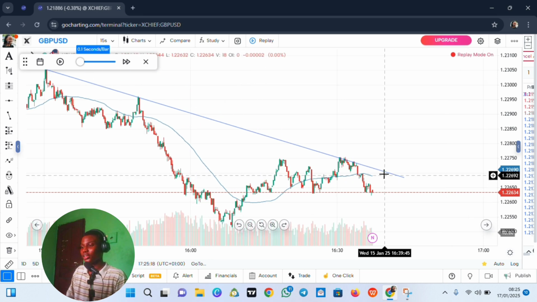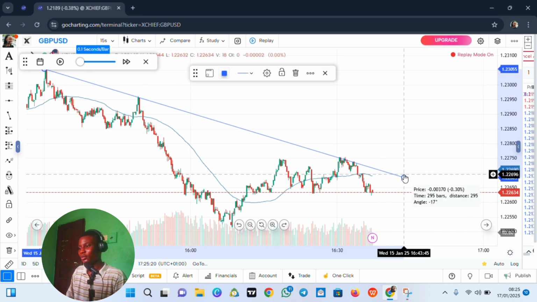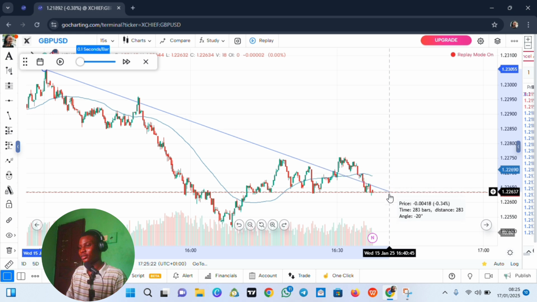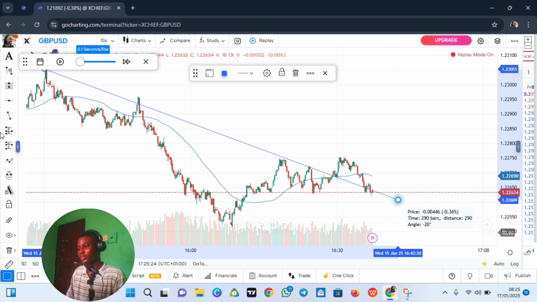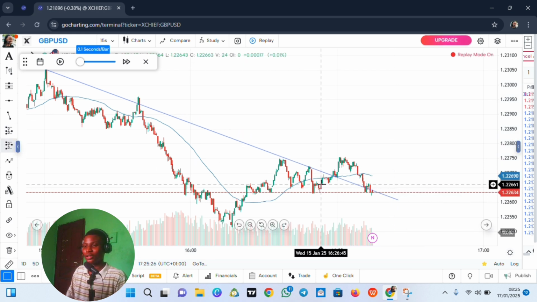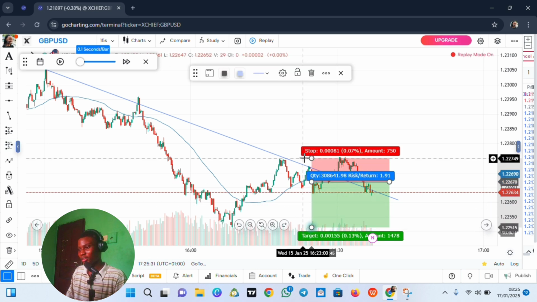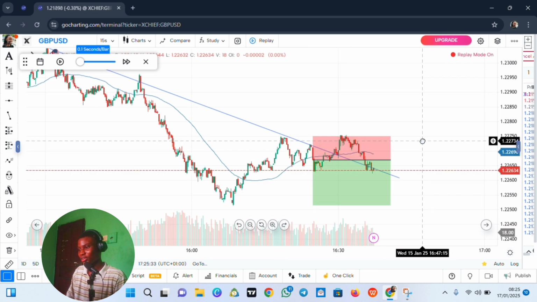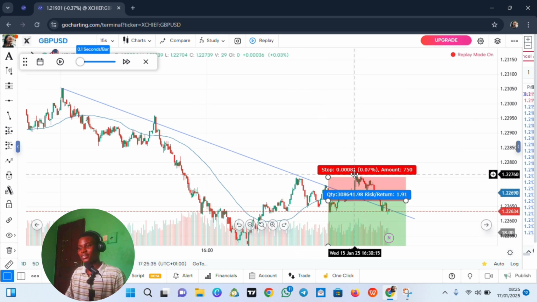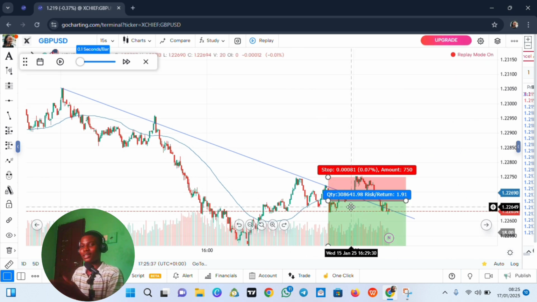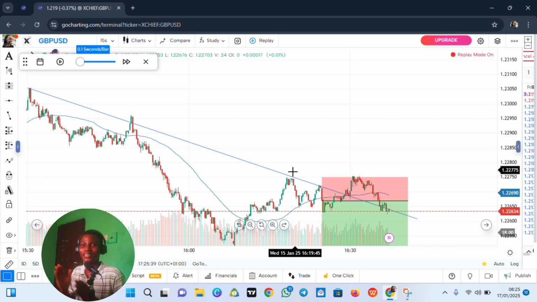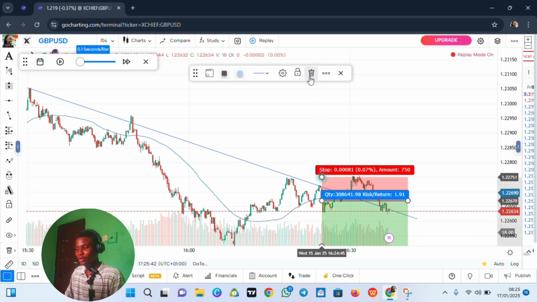Now, a lot of traders at some point would have modified their trend line and moved it somewhere towards here, and probably would have gone short at this point, probably after this big bearish candlestick, stop loss here, target whatever they are targeting, and price will just see their stop loss and move in their direction, and they'll be like, why is the market against me? But the real issue is